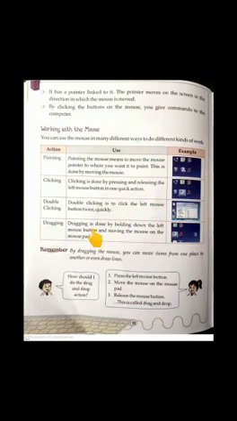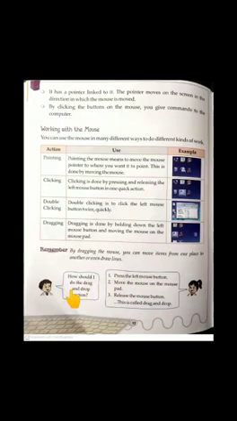Dragging. Dragging is done by holding down the left mouse button and moving the mouse on the mouse pad. Remember, by dragging the mouse, you can move items from one place to another or even draw lines with the help of mouse.